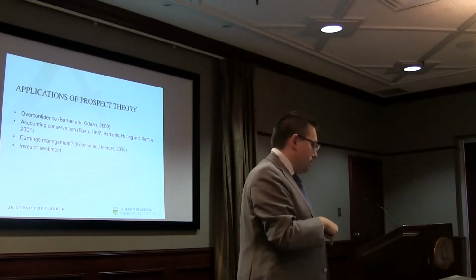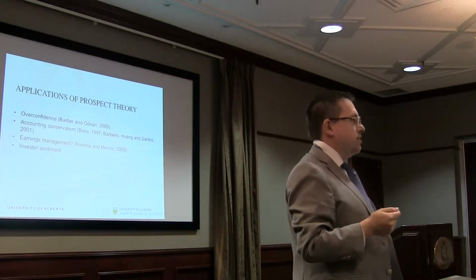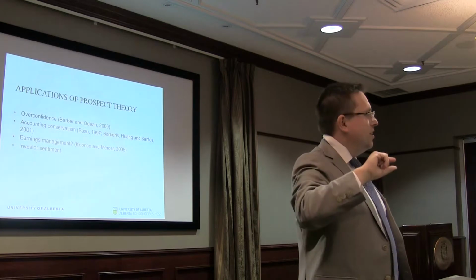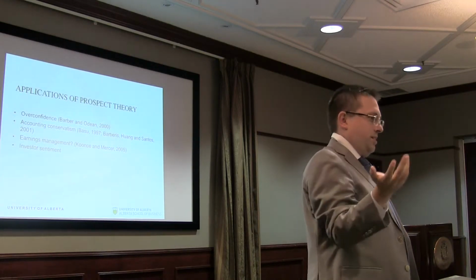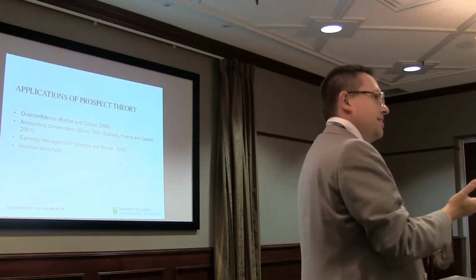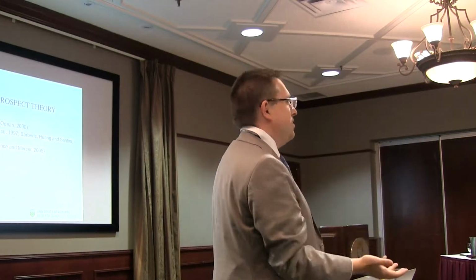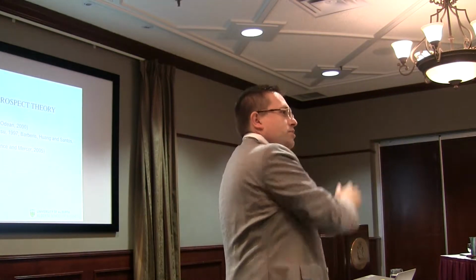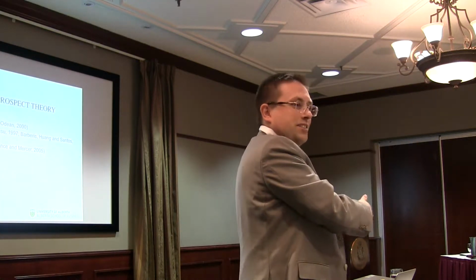When it comes to accounting, kind of my area, there's this thing called accounting conservatism. And basically that means that we tend to recognize our losses faster than we recognize gains in accounting. Okay? Don't worry about that too much, but that's the way the accounting rules are set up. Why are they set up that way? Well, they're set up so that we avoid this problem of managers taking on excessive risk to avoid small losses,